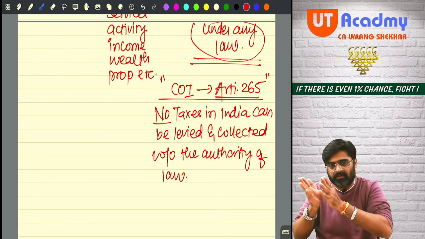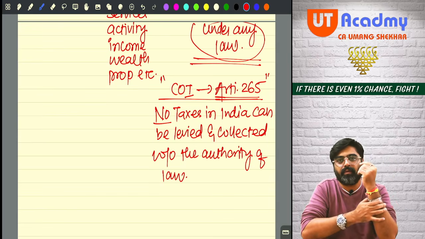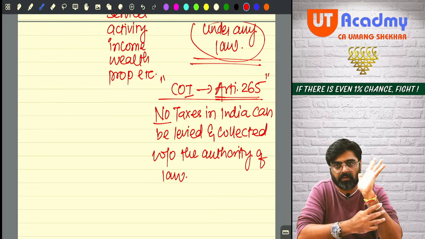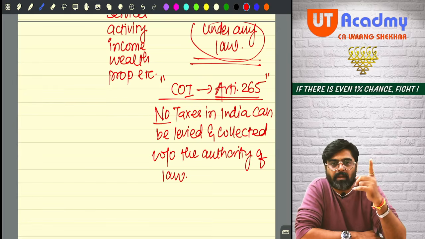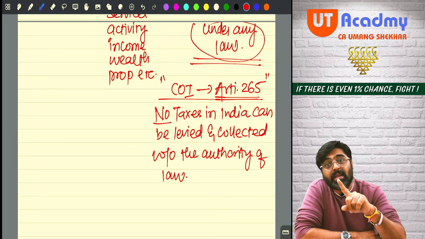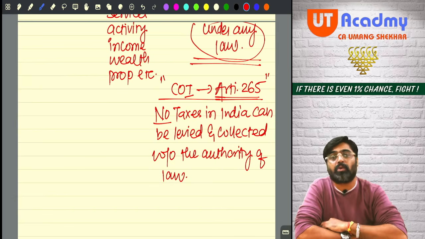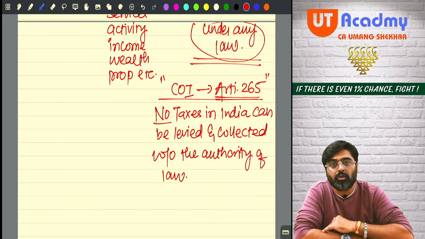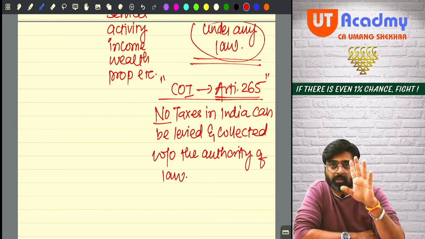Now, for example, there is a manufacturer. The manufacturer is manufacturing goods and selling them. For example, the value of the goods is 1000 rupees. It includes profit and everything. To whom will the manufacturer sell? The wholesaler. But at the time of sale, the manufacturer will be liable to pay tax to the government. For example, the tax rate is 10%. So on 1000 rupees of sale, the manufacturer will be liable to pay 100 rupees of tax.